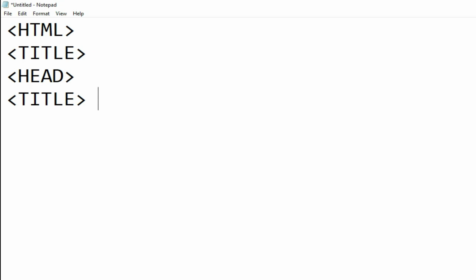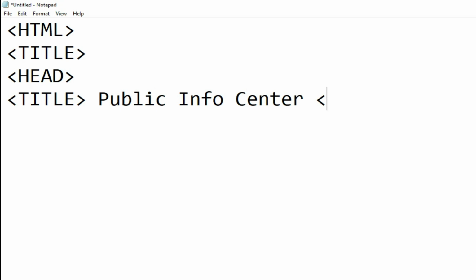In the title tag, whatever you write within the title tag will show in the title bar of the window when you open that HTML file in the browser. So let me write my channel name, Public Info Center, and end tag.